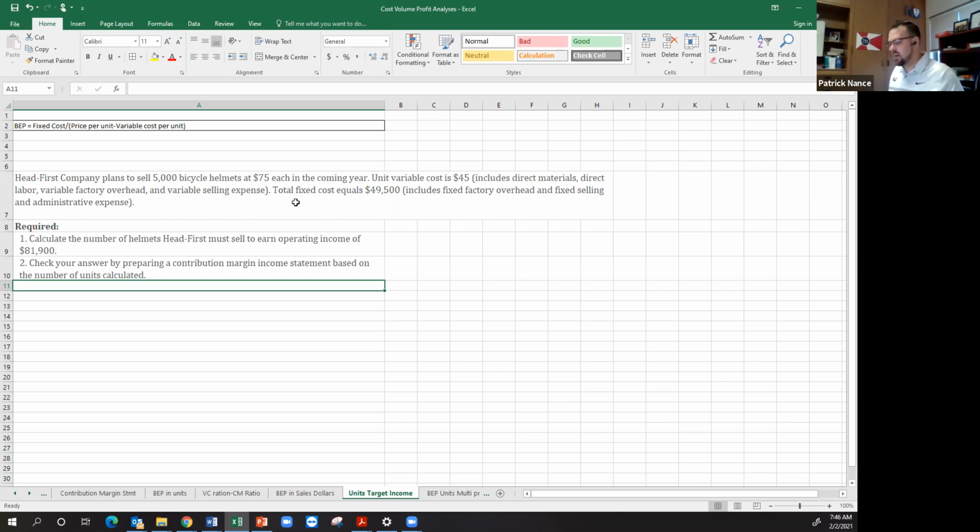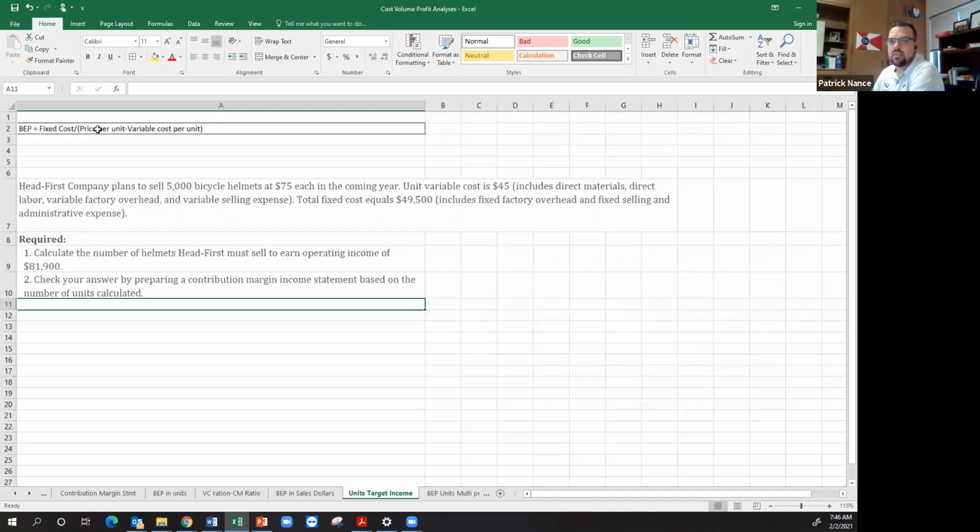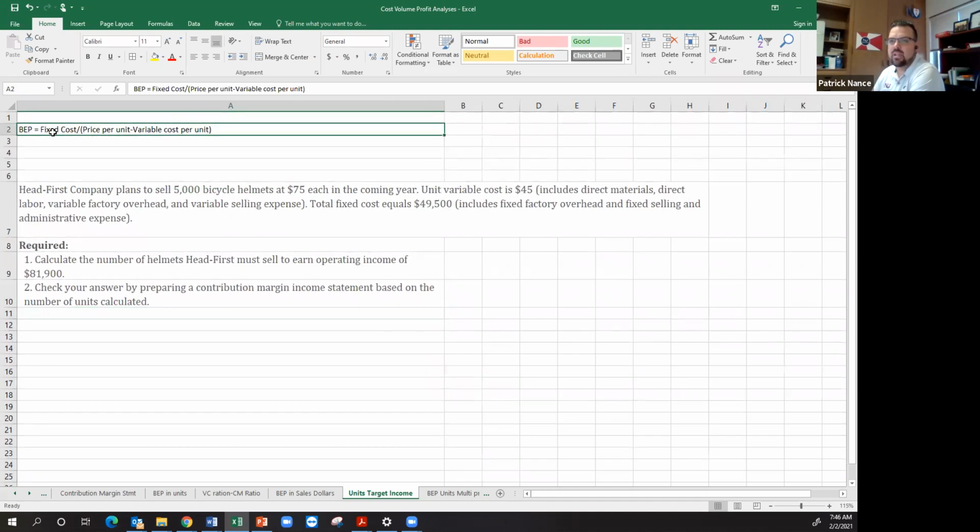So how would I figure out, if I wanted to have a certain income or a certain profit of, say, $100,000, how many units I need to sell? Well, we've got our break-even point, which is fixed cost divided by price per unit minus variable cost per unit. But also remember, break-even point can also be said to be when fixed cost equals